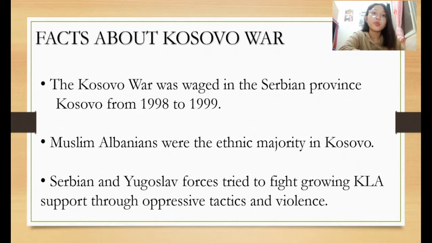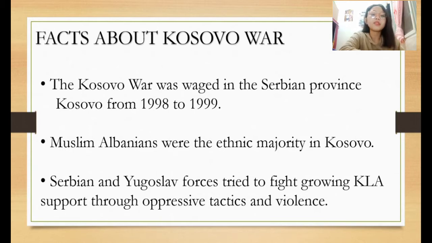The Kosovo War was waged in the Serbian province of Kosovo from 1998 to 1999. Ethnic Albanians living in Kosovo faced the pressure of Serbs fighting for control of the region. Albanians also opposed the government of Yugoslavia, which was made up of modern-day Serbia. Next, Muslim Albanians were the ethnic majority in Kosovo. The president of Serbia, Slobodan Milosevic, refused to recognize the rights of the majority because Kosovo was an area sacred to the Serbians. He planned to replace Albanian language and culture with Serbian